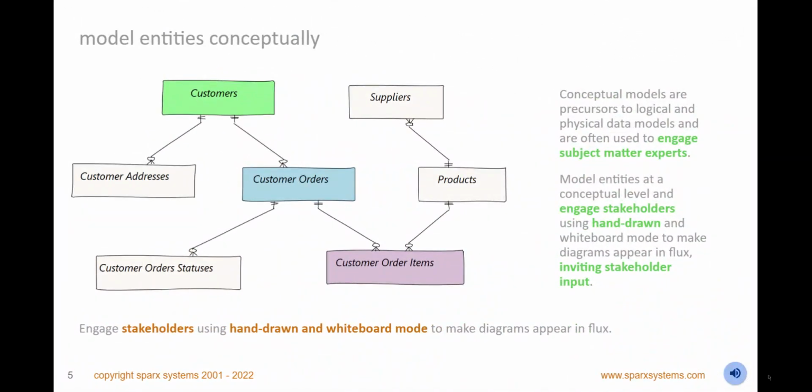Model entities conceptually, leaving the details to be resolved in logical and physical models. Use the information engineering standard or associations to show element cardinalities or multiplicities. Change the diagram appearance to whiteboard, custom, or hand-drawn mode, creating a feeling that the diagram is still in flux, inviting stakeholder input. You can color elements and connectors to indicate semantics, groupings, or use dynamic legends to color the diagram objects and connectors based on system or user-defined properties.